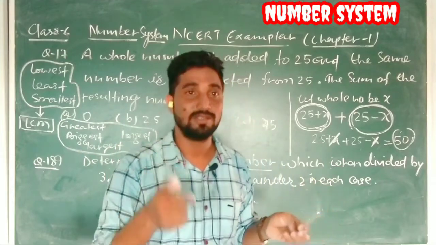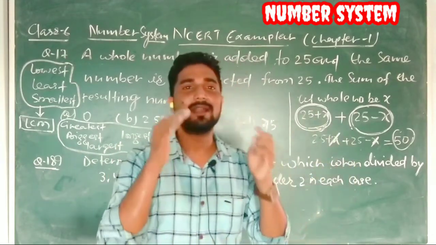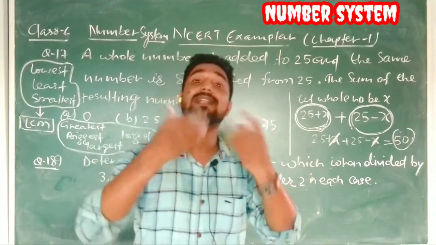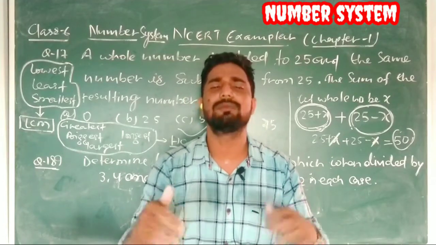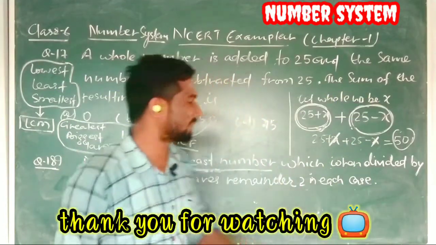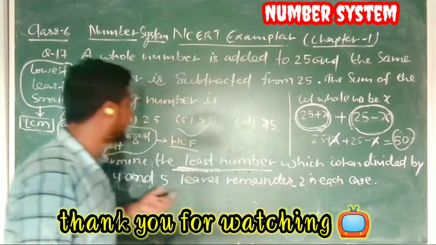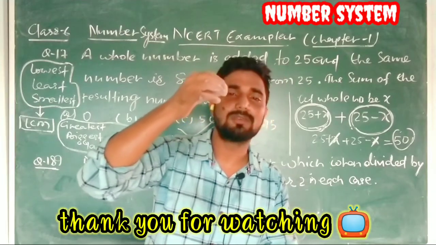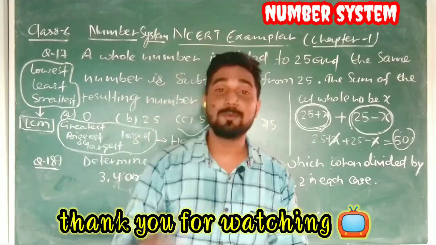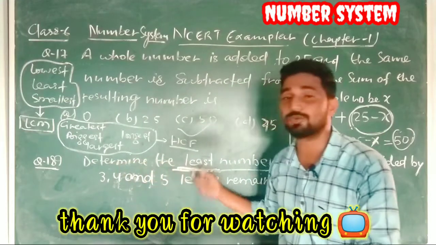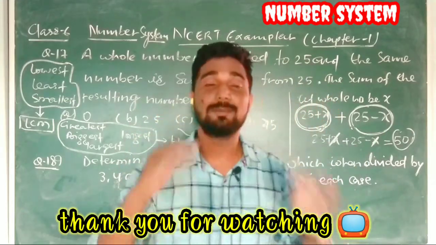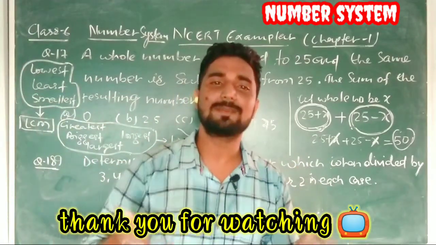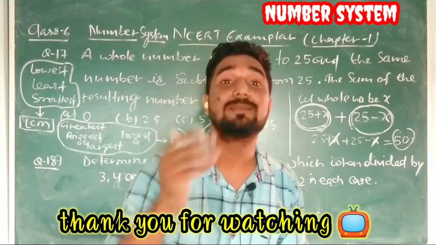Understood? Let me repeat it. In an HCF question, the remainder will be subtracted first from the given number, and for the new numbers that come, we will find the HCF. How, sir? Suppose 3 numbers are given in the question and 3 remainders are also given. Then the first remainder is subtracted from the first number, the second remainder from the second number, the third remainder from the third number, and for the new numbers that come, we find the HCF.